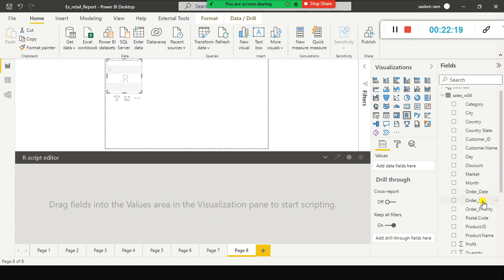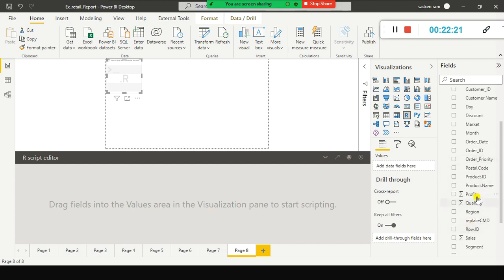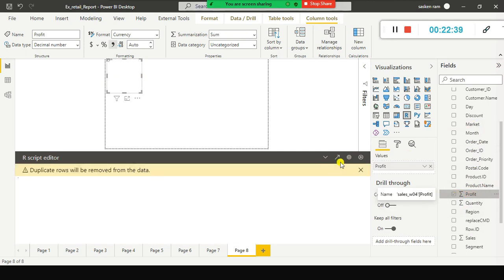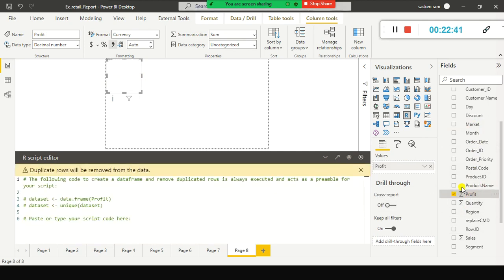Here, what I do is I select some columns, some values. I just selected this one. Look here, data.frame profit unique dataset.